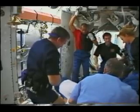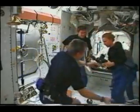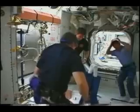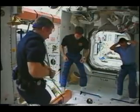Following me is Roman, and the rest of the crew follow after him. And then finally, when it's time for Marsha to go, I think this crew was sad to see us go. There was another crew coming up in 3 or 4 weeks, but they don't get a lot of company up there. This is a view of the Russian solar arrays